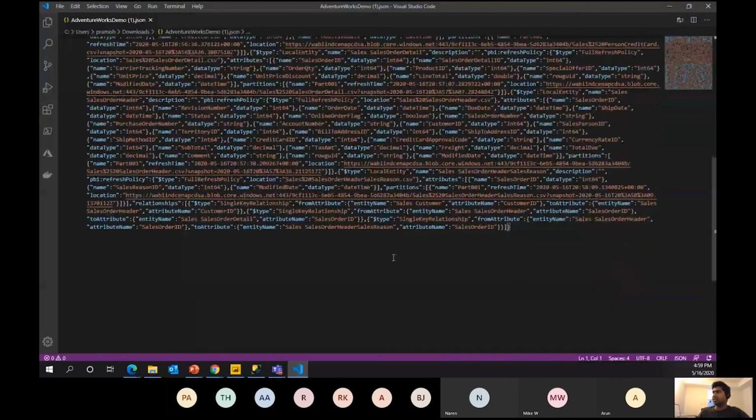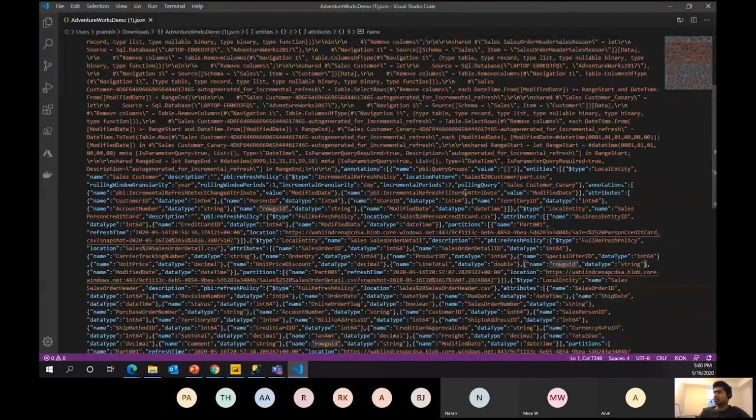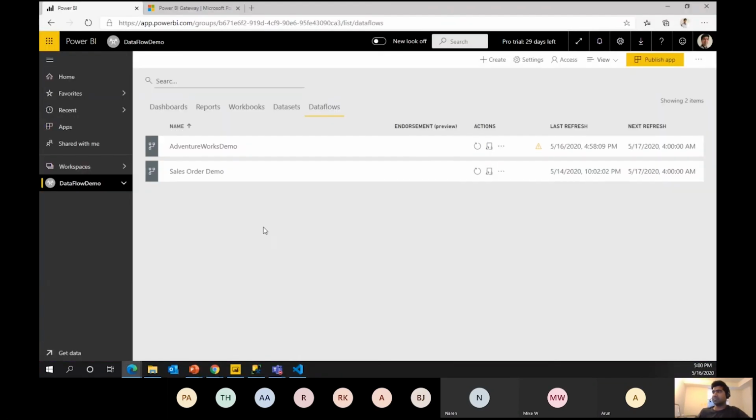Yeah, so after refreshing, if I show you this JSON file, you see it is showing the location. And this location is actually a data lake Gen2 that I have not defined. It has picked it up automatically. Okay, and this is the location that you see for data lake Gen2, this one or this one. So it is showing the location of these files, because there were like 4 or 5 different sources. That's why it is showing separate locations for those. Okay, so this gives you one confidence that your data is residing in data lake Gen2.